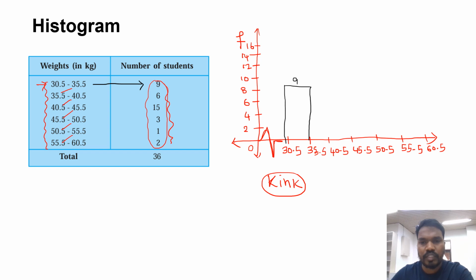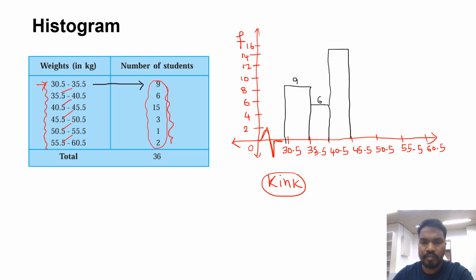So 6 is here, this one. This is 6, and then next 15, right? So 15 will be, this is 14, so it will go